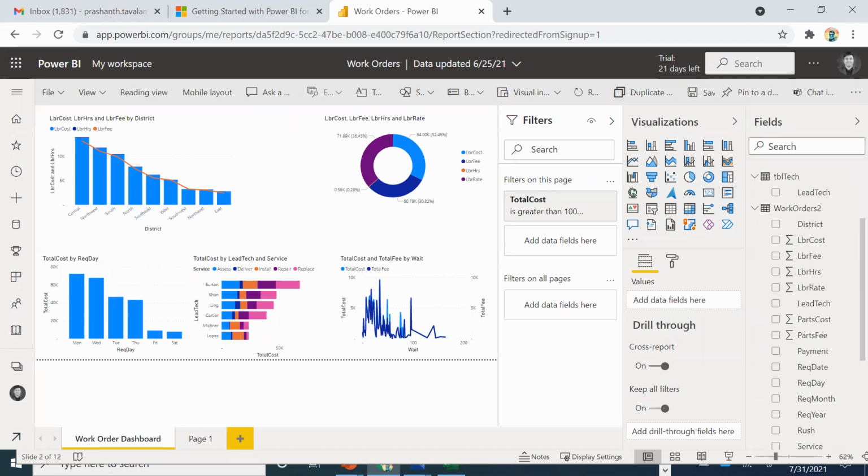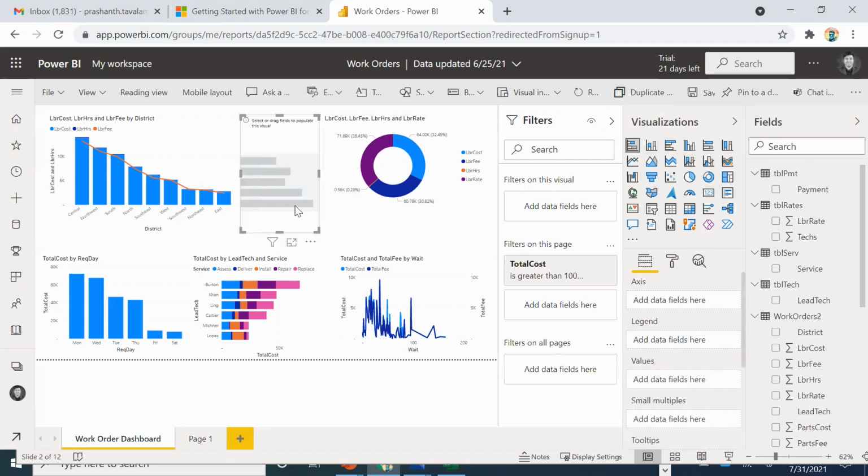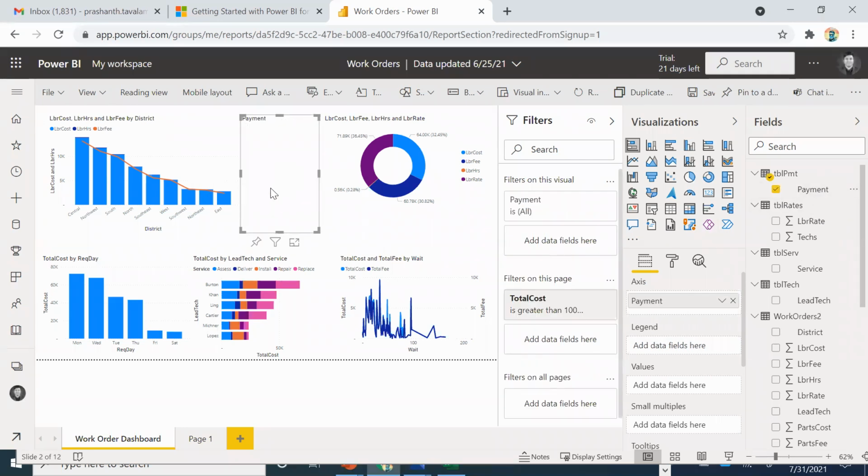Now you see automatically there is a combination of this. Now, when you try to drag and drop some of these aspects, it will not work. For example, let me create something here. Let me create a line chart. Okay, so there is a new line chart that appeared here. Now what I'm going to do, I'm going to take payments, add it here. Okay, and then I'm going to add lead tech.